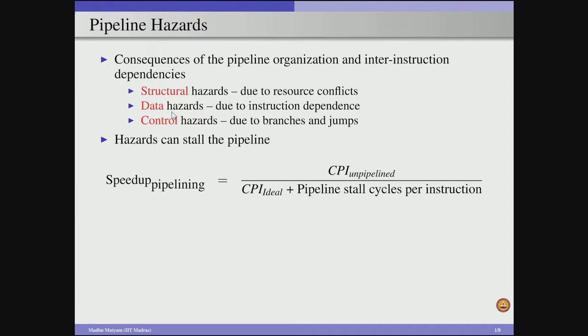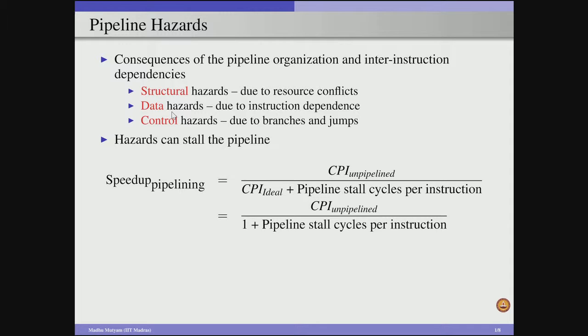So, effectively the speed up that we achieve with pipelining, considering these pipeline hazards, is the ratio of CPI of non-pipeline design by the sum of CPI of the ideal scenario plus the number of pipeline stall cycles per instruction. And in an ideal scenario our CPI will be almost equal to 1. So, we can represent this equation as the ratio of CPI of non-pipeline design by 1 plus pipeline stall cycles